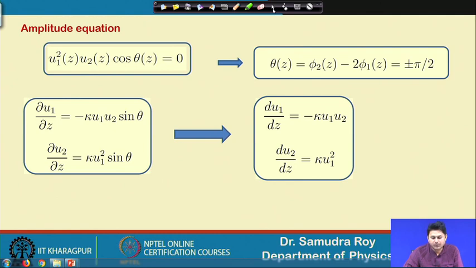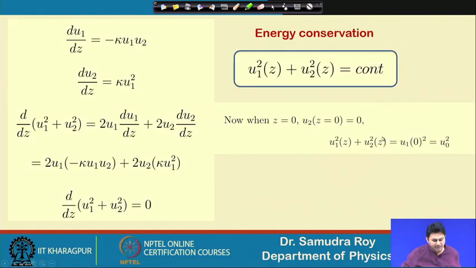These two equations we are going to solve, and this is a coupled equation, so we will solve this coupled equation directly and try to find out how u1 and u2 evolve over distance z, where u1 is the amplitude of the fundamental wave and u2 is the amplitude of the second harmonic wave that will be generated in this second harmonic generation process. So, let me go back to our slides.